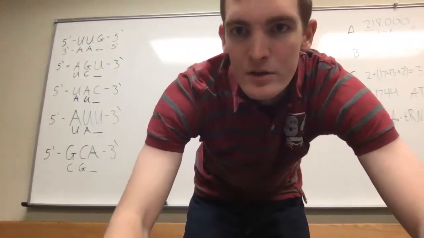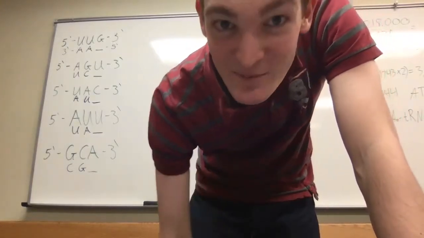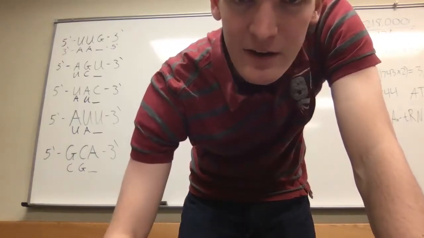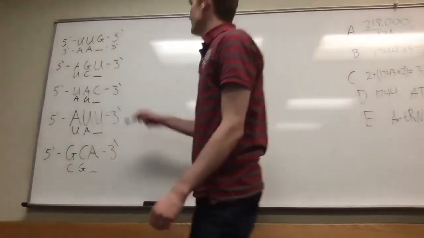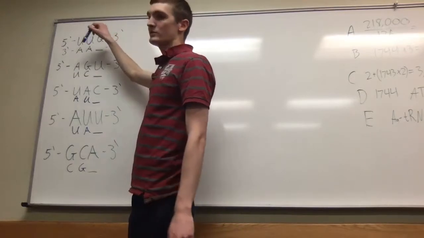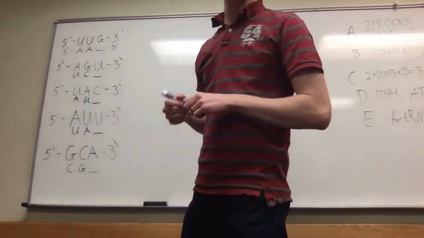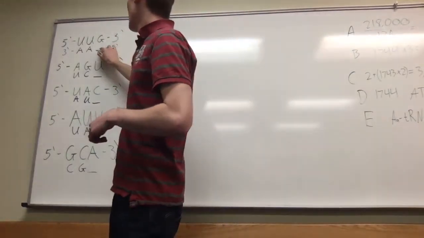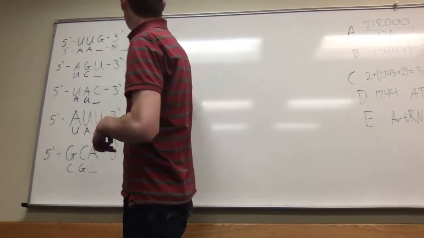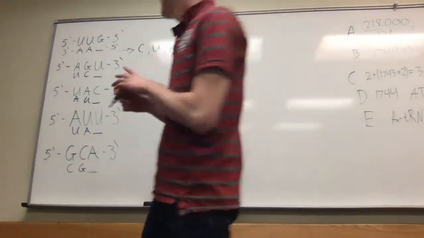All right, so number 3 says a series of mRNA codons are indicated below. Consider the wobble rules and provide all possible tRNA anticodon sequences. All right, so we have UUG for the mRNA, and then these are anti-parallel, so you'd have a 3' to 5' for the tRNA, and you would have possibilities, because this is the wobble nucleotide, of C, U, or A, and for the others, you would have